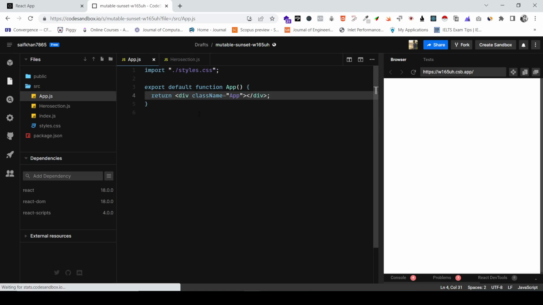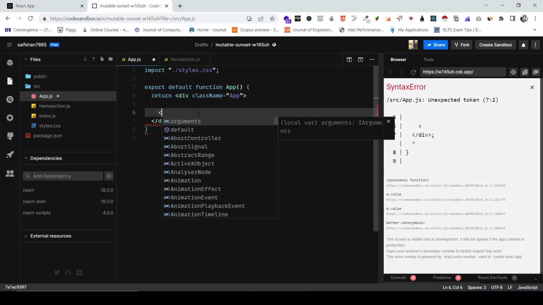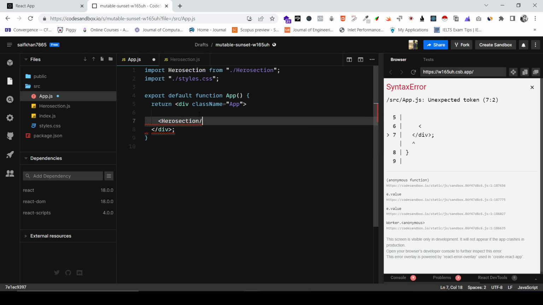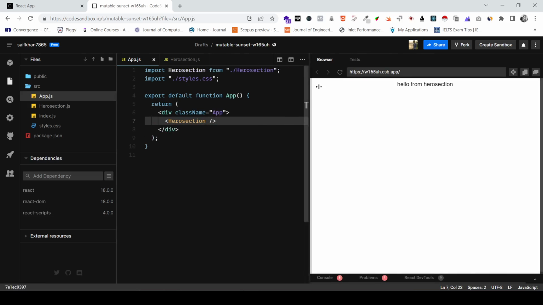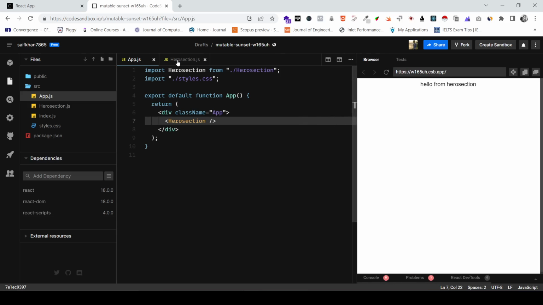I'm gonna come over here, and then I am just going to pass in the hero section, so it will automatically import the hero section from here. So there you go, you can see this hero section from here. All right, cool. So now let's move forward and